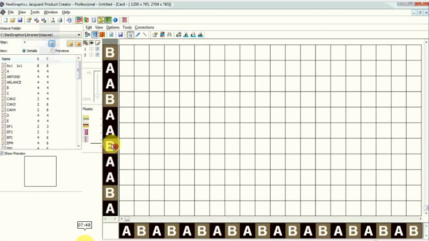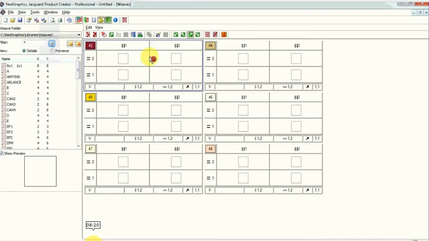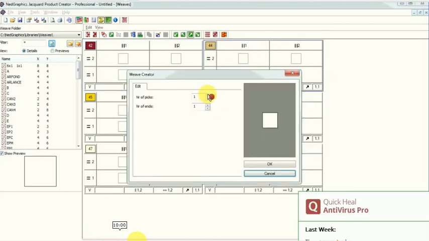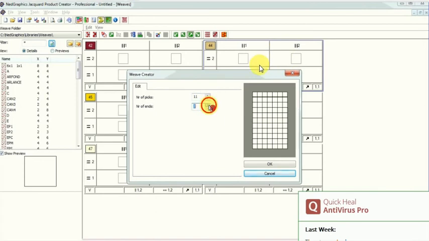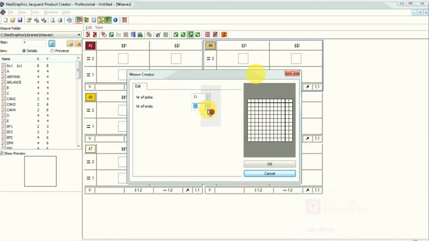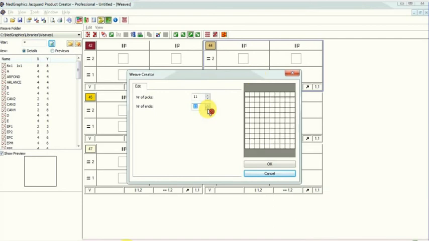Then we are now going to apply weaves. I am going to apply first the jute weft, that is 8 by 8 twill.